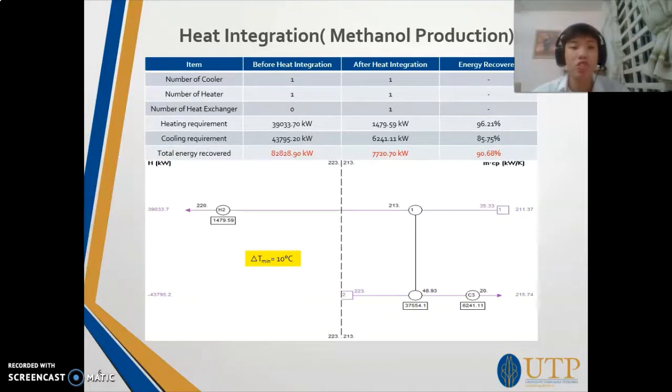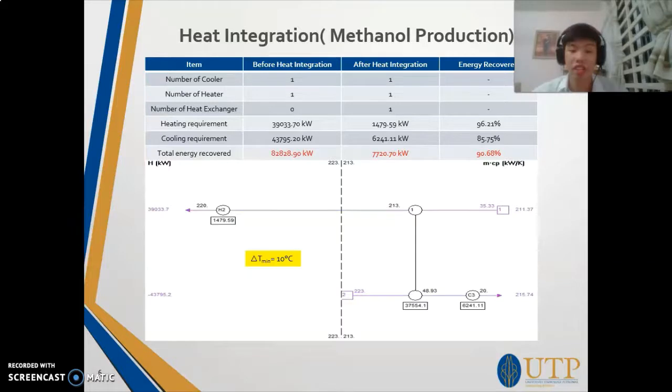The next heat integration will be the methanol production, where this is the network for the methanol production heat integration. So although no cooler and heater is reduced, the heating requirement is reduced up to 96.21%, and the cooling requirement is reduced up to 85%, and thus there's a total energy recovered of